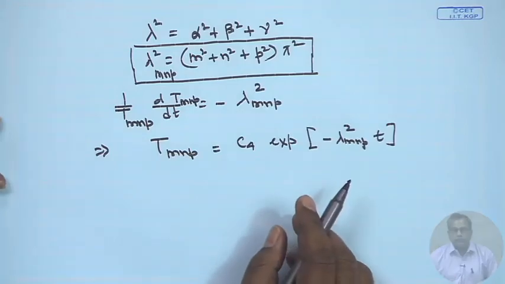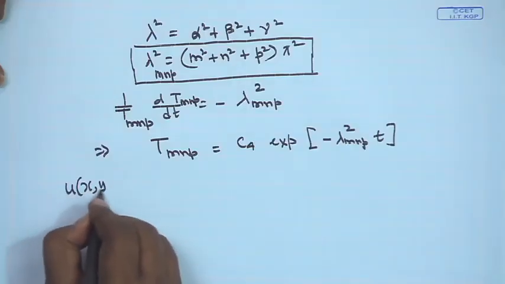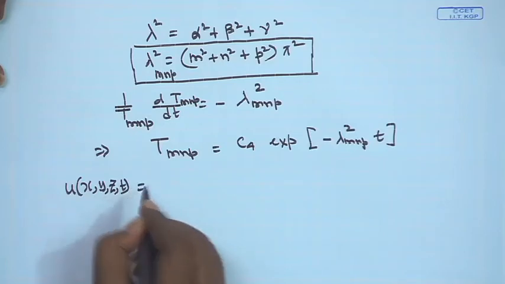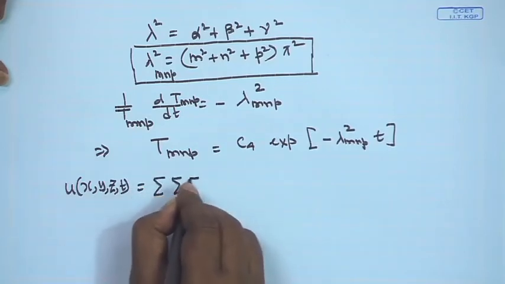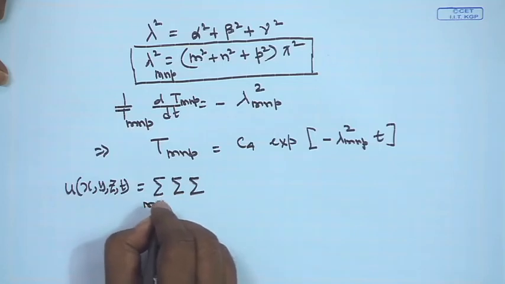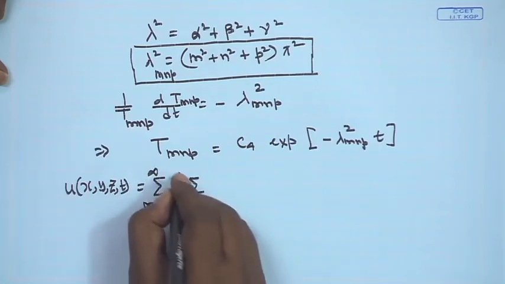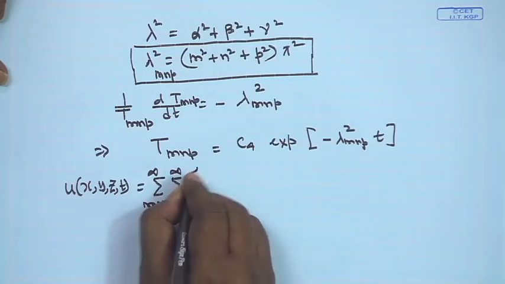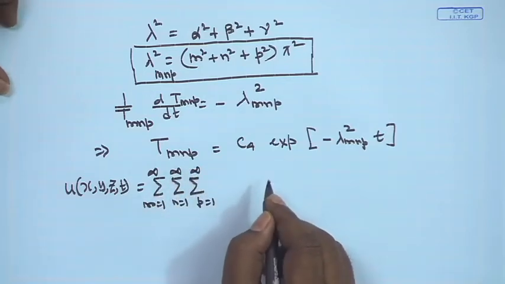Now, we are in a position to construct the complete solution of u as a function of x, y, z and t. If we do that, there will be three summations, because we have three independent eigenvalue problems. So, u(x, y, z, t) will be nothing but the triple summation, m from 1 to infinity, n from 1 to infinity, p from 1 to infinity. There will be 4 constants to be multiplied, which will give rise to a new constant. So, we write the constant as C_mnp,